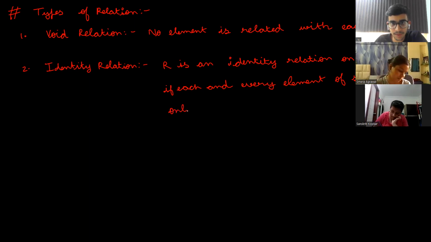And mind it, I am writing only. Okay. If there is a relation which has Smera connected to Sanskriti, so that will not be an identity relation. I mean, in identity, only it has to be like that. Okay. So